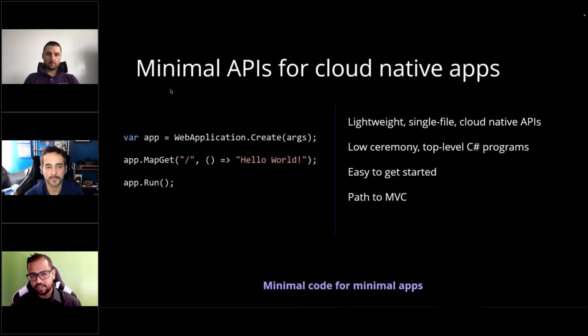But if you are starting from scratch, minimal APIs is maybe something you look at. It's literally 3 lines of code. They have lowered the barrier to entry, so anybody can come in and start up a new API on .NET, and it's super fast. So it's low ceremony, very easy to get started, and then you can build up from that to make it a full-on MVC driven API set.